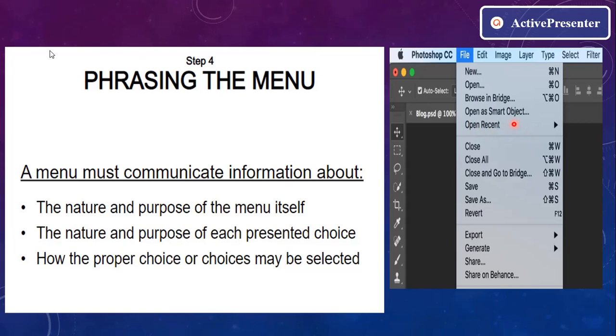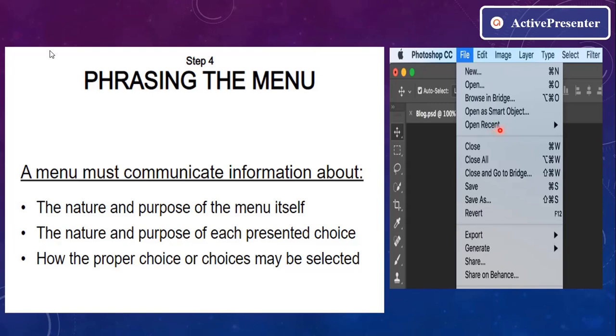The user has to understand that, and the menu has to display it in a proper manner. If it is displayed in a different manner, you cannot understand whether you can open the recent files. So it is the menu's ability to enable the user to accurately predict where the choice will lead to.